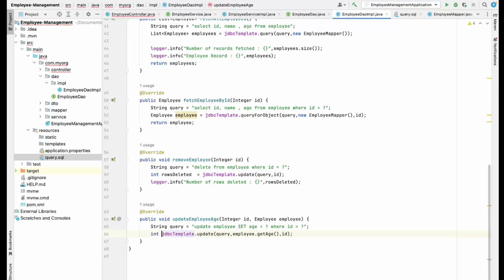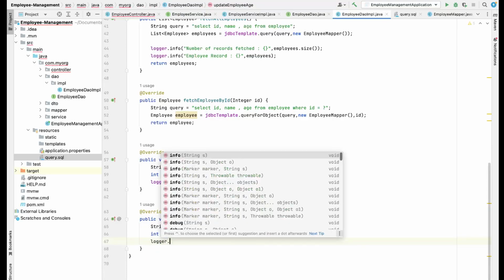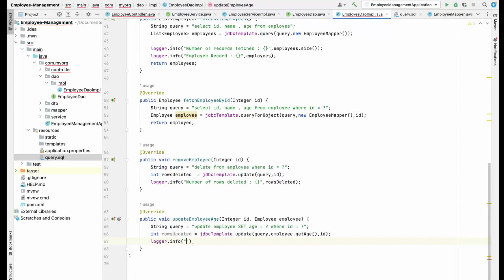So let's write something like this: integer rowsUpdated. So this will be basically the number of rows which will be updated once you run this query. So let's write down some logger here, some logs. We'll try to print out the number of rows updated,